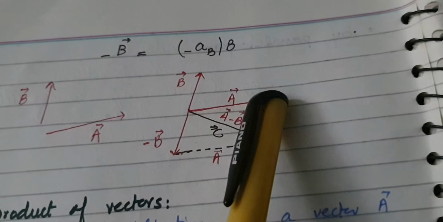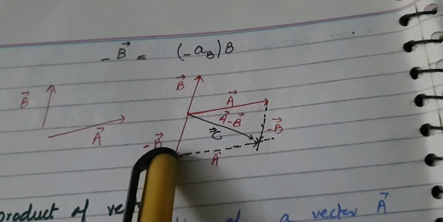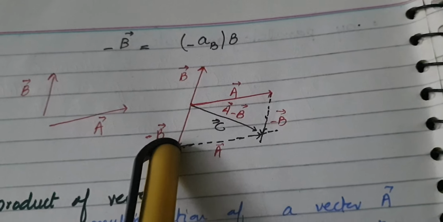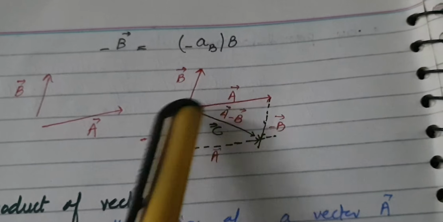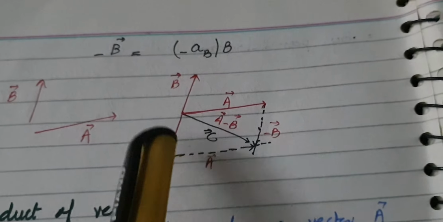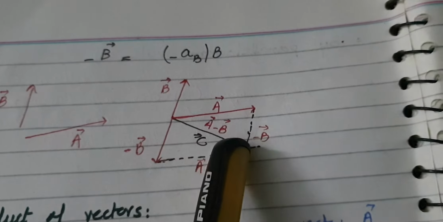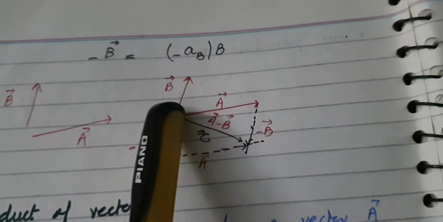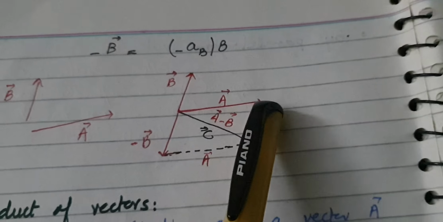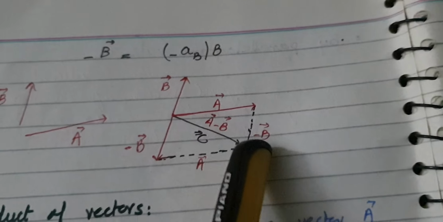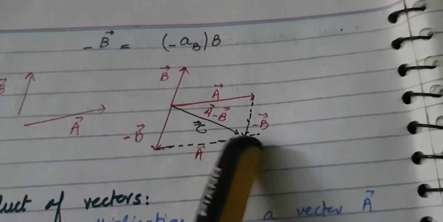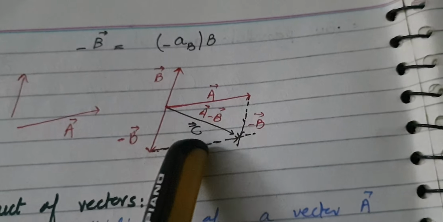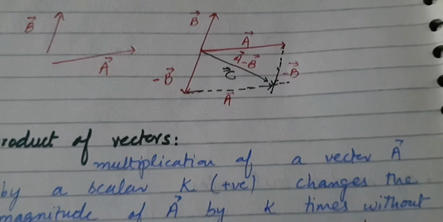After forming A and negative of B, we need to follow the parallelogram rule, according to which we need to draw a parallel vector of any of these two vectors so that we can join them head to tail. So it can be seen the negative of B has been dragged over here, and then I just connected the tail of A vector with the head of B, which gives the resultant A minus B.